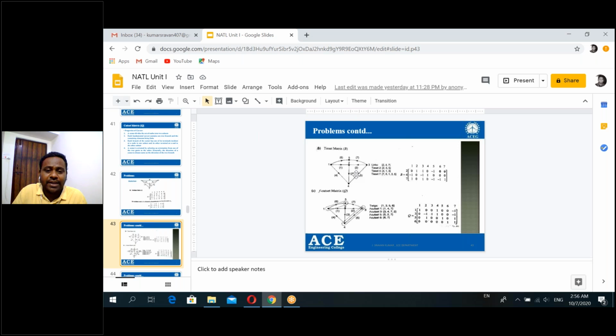If not, take minus. So the branches present in the loop: 2 is a link already anti-clockwise, so 2 is directly taken as plus 1 by default, and 3 is also anti-clockwise, so plus 1, and 5 is clockwise, so 5 is minus 1. The remaining branches do not belong to this loop, that's why they are zeros.